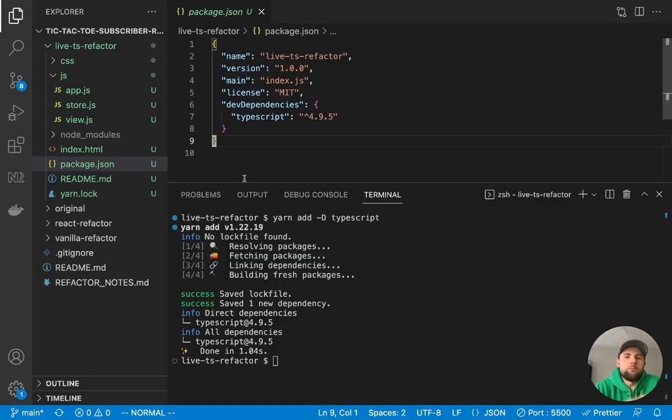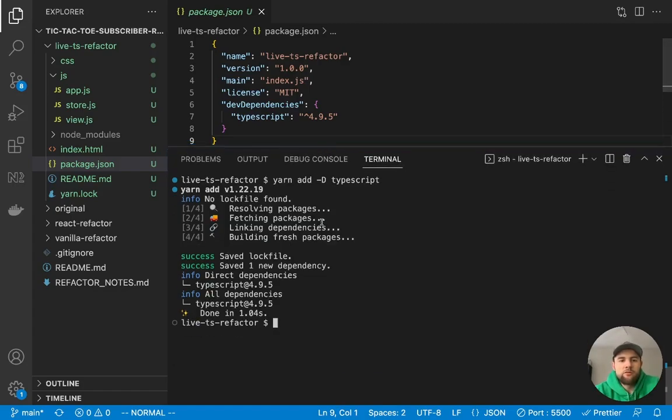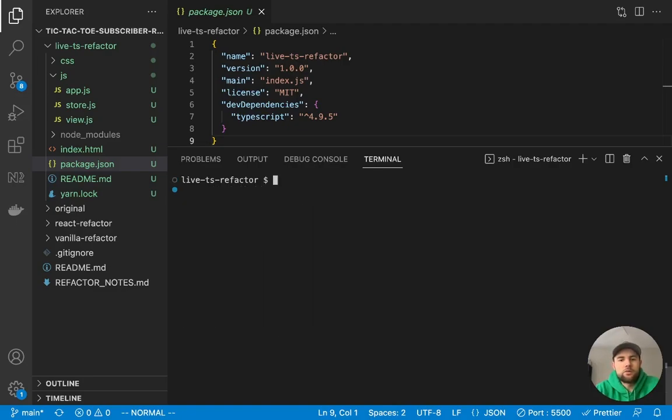You just need it to build the application to the point where then it can run. The next thing that we need to do is initialize a tsconfig. This file is going to be a special file that sits in the root directory of your project, and it tells the compiler how to compile. Remember, TSC is the compiler. We don't want to use the global version anymore.